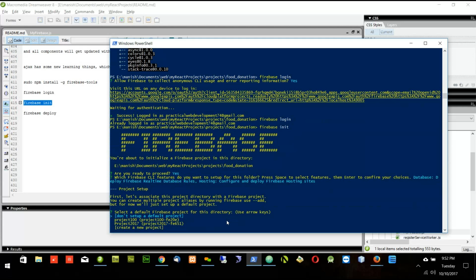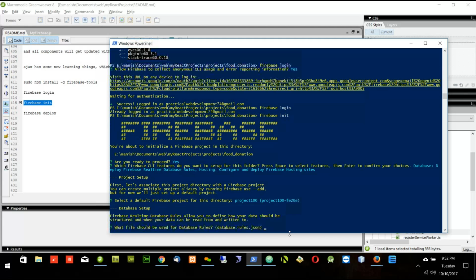Now it will ask, I have many projects in Firebase. It will ask which project I want to use. So I want to use the first one, that is project 100. You may have different projects, so you have to select the project which you want to use. Now it's asking,